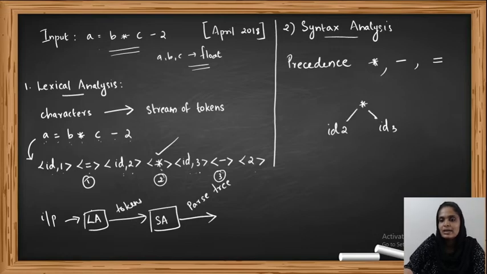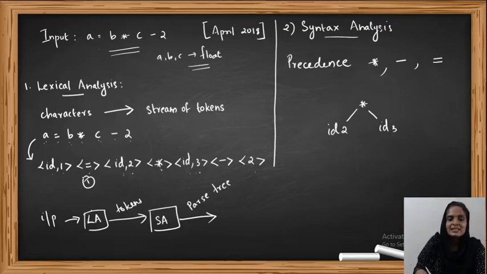So just draw like this. The root will be star and the 2 children will be ID 2 and ID 3. Always note that the intermediate nodes will be an operator and the leaf nodes will be identifiers. Okay, always remember that. Got it? So now we have done the multiplication operator and we know that the second precedence is for the subtraction operator,